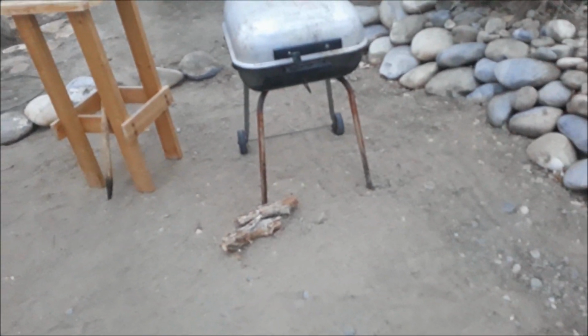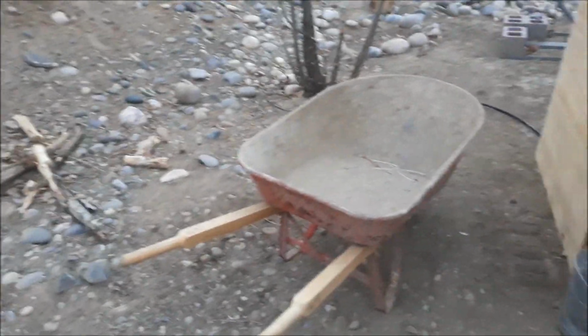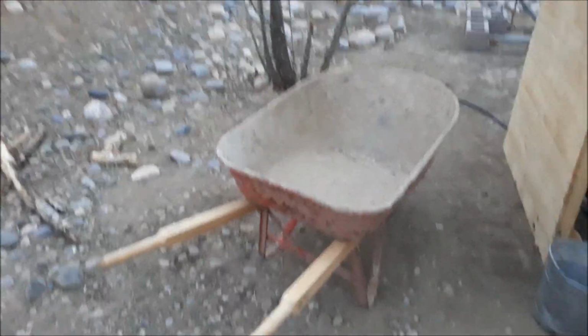But I'm going to fill this with gravel, and this is where we're going to cook out, stuff like that. Got some wood over here. I need to cut some more. I'm going to grab this wheelbarrow right now. I'm going to try out my new,